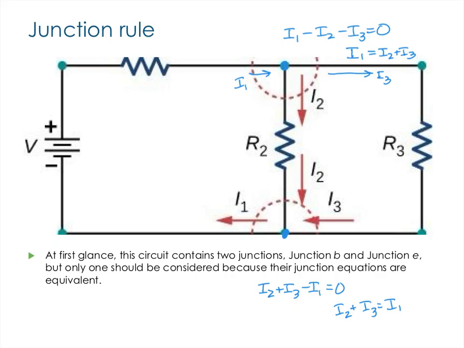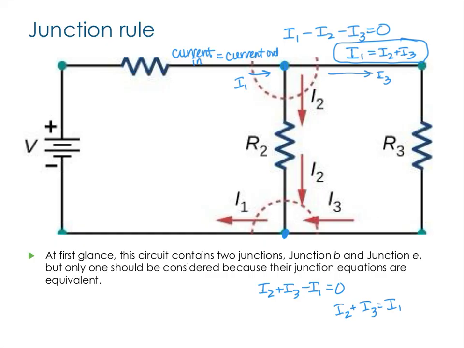So if a junction involves all the same currents, if you have more than one junction, you're probably not going to get a unique expression from both of those junction points. This is also, to me, a preferred way to think about the junction rule, where I like to think of the current in